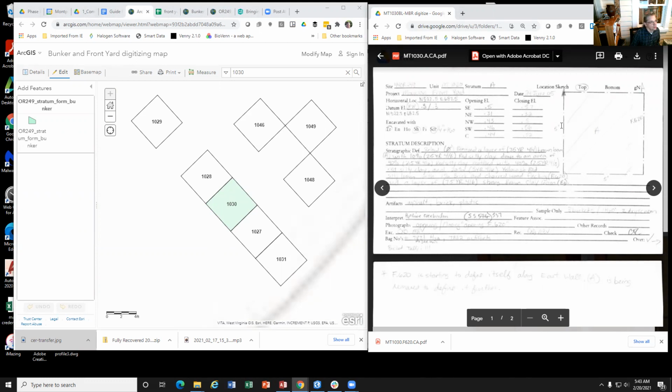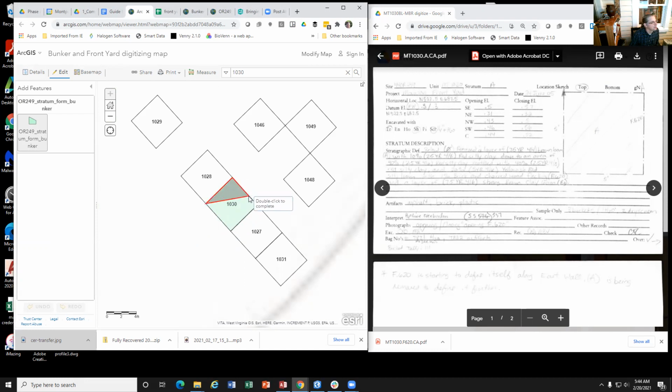So when we digitize this, what we're going to do is north is up this way. North is to the kind of the northeast on this map. So when we digitize this, what we're going to do is click on for add features, this green polygon right here, and then this will allow us to begin to digitize. And this is where you can either click from corner to corner, or you can hold the control key down, and when you move the mouse over, you'll see this blue crosshair, and you can click there. I'm clicking with my mouse, clicking here.